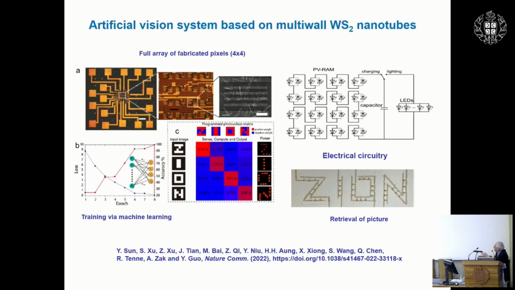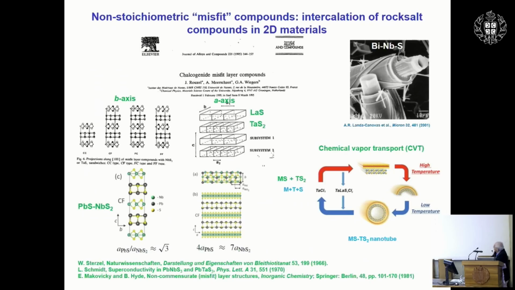array of nanotubes, and then he retrieved it using a capacitor and high voltage. He could retrieve this information and print the word Zion on a piece of paper using a laser and the discharge of a capacitor. So you have a beautiful demonstration of new possibilities of multi-wall nanotubes, which are very different from single-wall nanotubes, and they have their own advantages using the fact that you have a multi-wall structure. So with that, let me